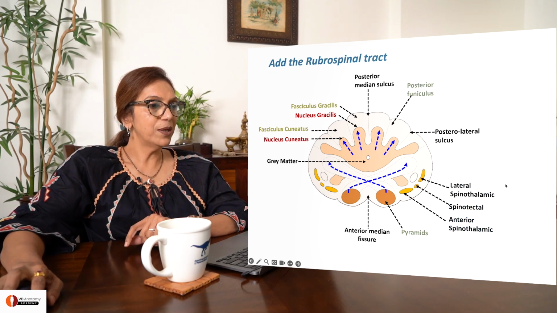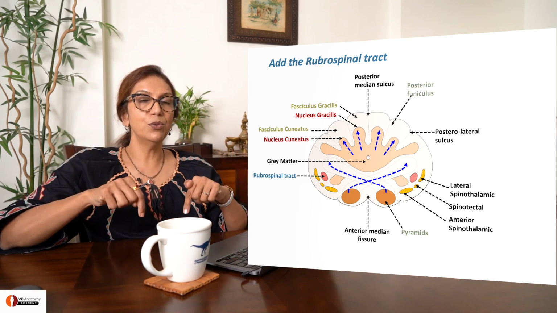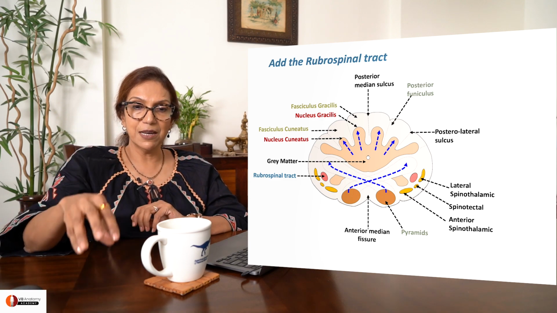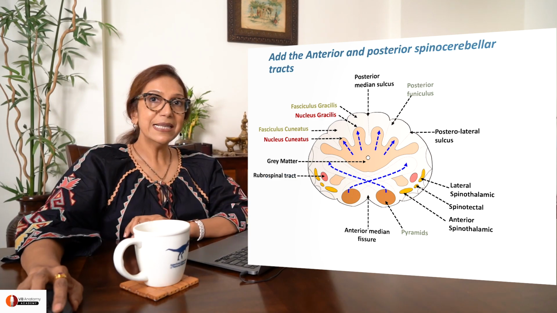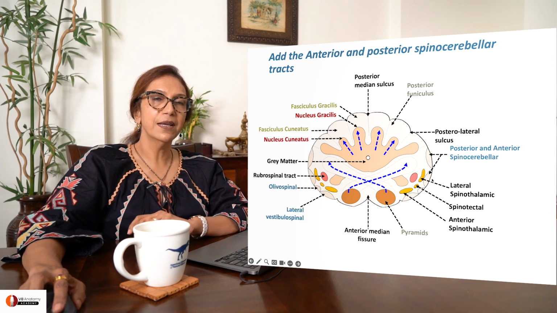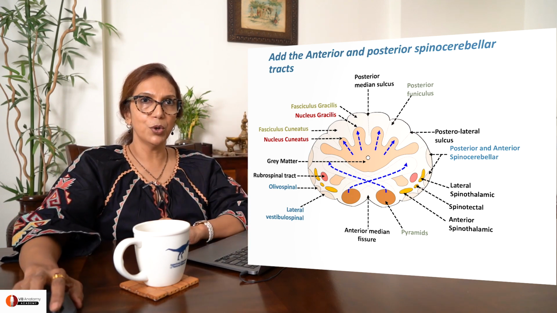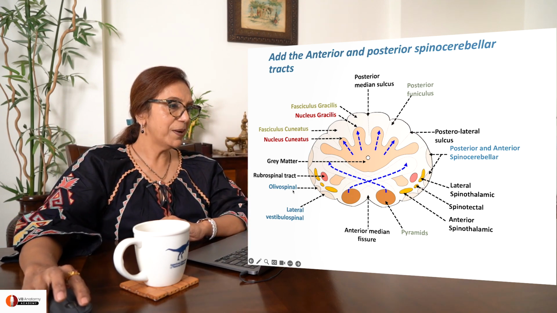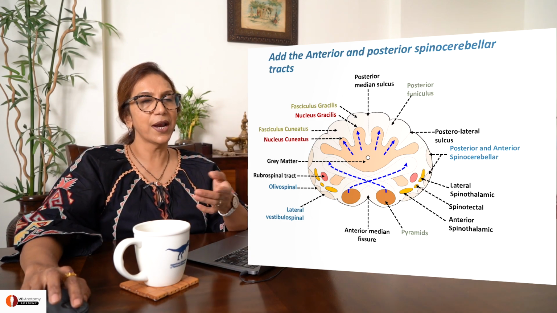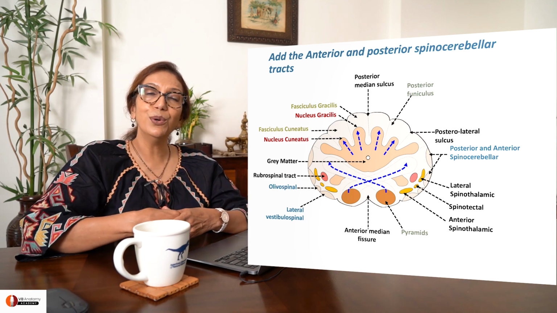Now just deep to them, draw your rubrospinal tract. Rubro from red nucleus down to spinal cord. Stimulatory to flexors, inhibitory to extensors. It's an important motor pathway. So let's label this as well. This is the anterior and posterior spinocerebellar tract, which is informing your cerebellum about the unconscious position of the body. And here are olivospinal and lateral vestibulospinal tract. You can also add the spino-olivary tract to it. But when you add too many tracts, it becomes sometimes a little difficult for you all to remember it right in the beginning.